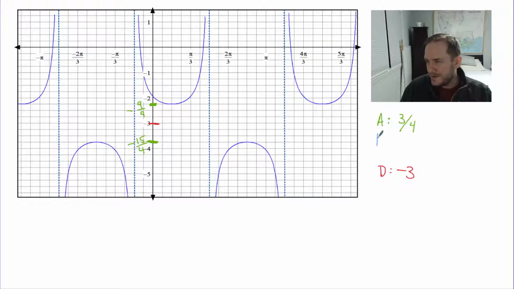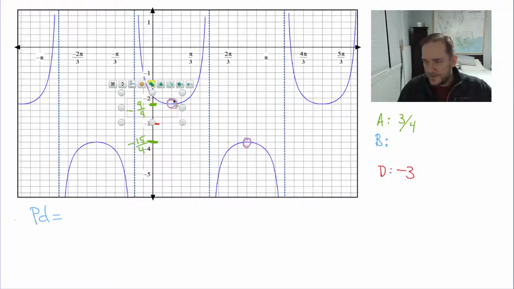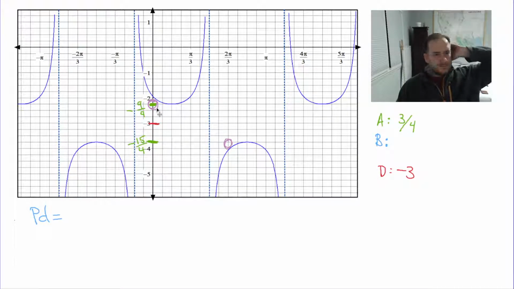Let's find our B value. And let's remember that our B value comes from our period. And our period we got to find for ourselves in the grid. So again, I think I'm going to use my same old trick. I'm going to take this value. It only needs to be pulled 2 units left to put it right on the axis. This value sort of coincides with it. So if I were to pull this guy left and the other guy left so that they stay together, essentially what's happening is it's like I'm sewing these values together. And as I pull this over to the axis, I'm doing that just for ease of finding how far it